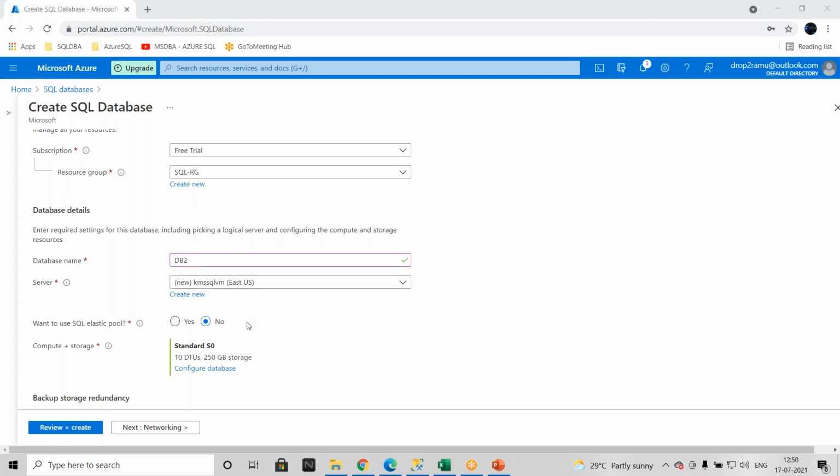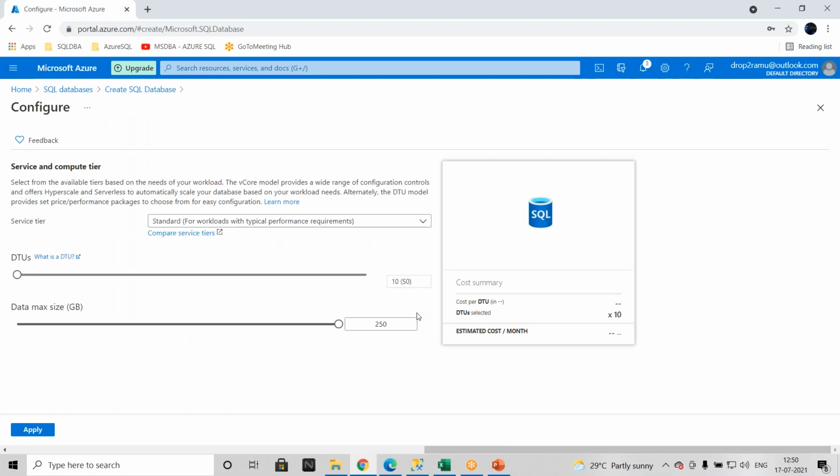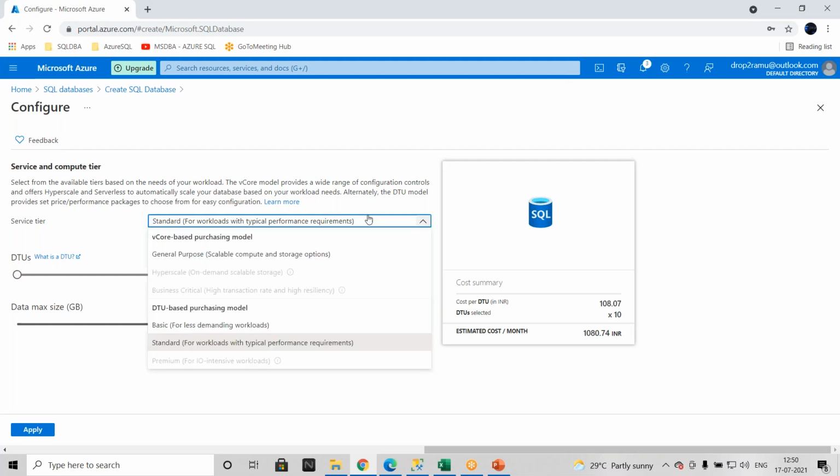and now this is one very interesting option where you need to focus more. What are the compute tiers and storages? When you click here, earlier the dashboard was completely different, where you would see all the DTUs and we had to select the vCore, but the dashboard has been redesigned by Microsoft, where you can directly select from here.